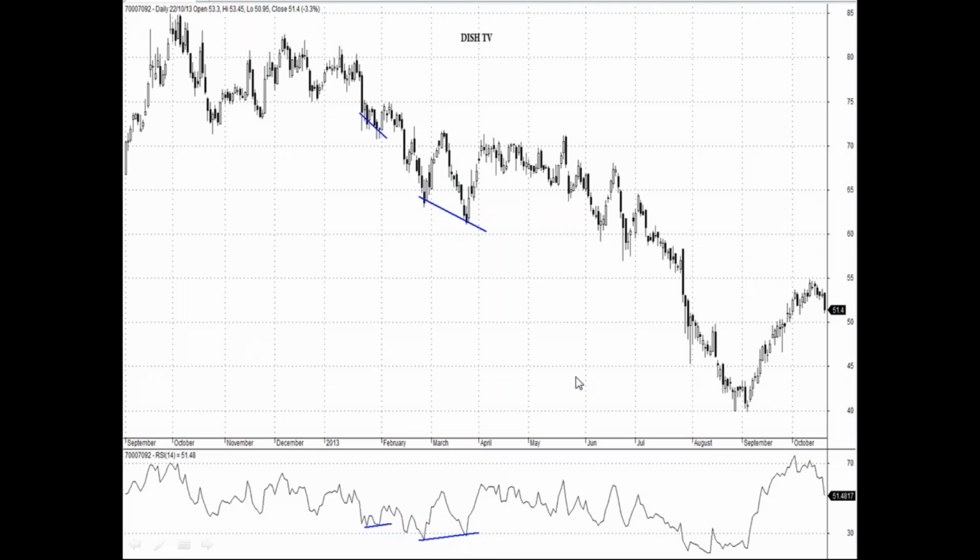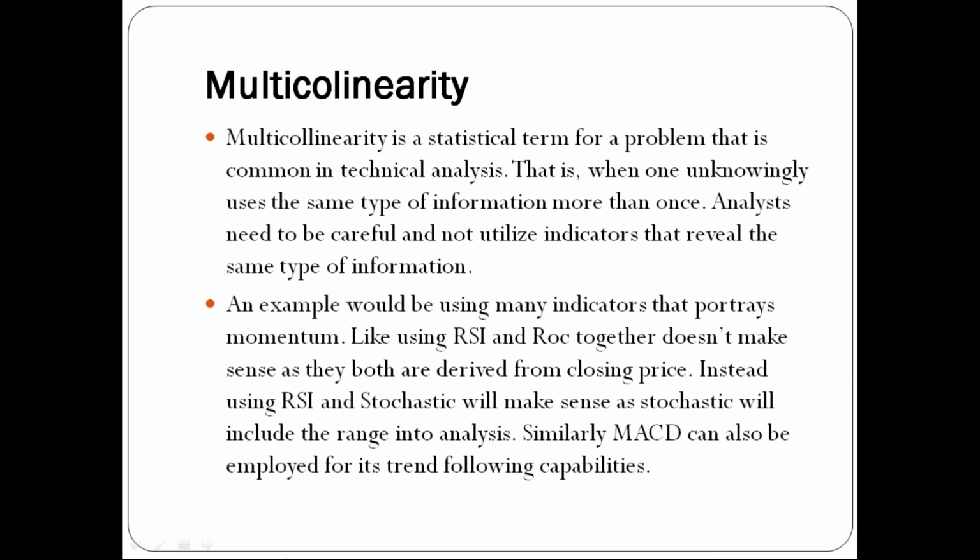So the divergence is just an overextension, or some type of mathematical constant that makes the prices diverge. So with this we can infer that when we are in a bull market we will see bearish divergence, and when we are in a bear market we will see bullish divergence. This is the main thing which I want to put emphasis on.